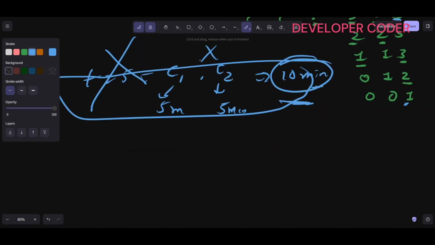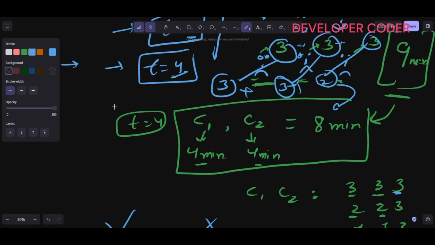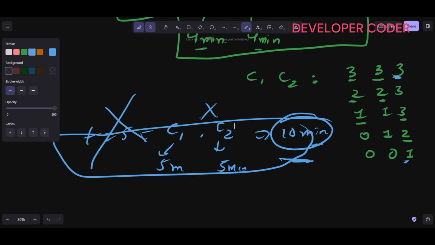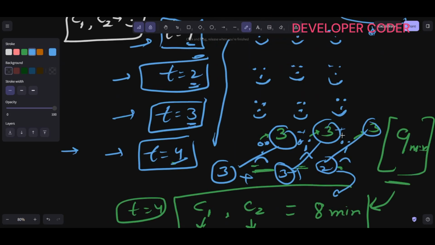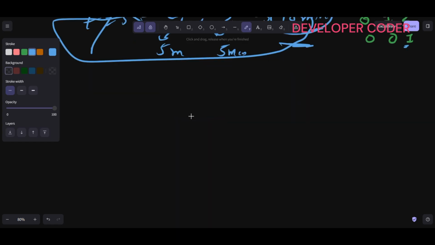10 minutes is crossing the overall sum, so this is not possible. So until t is equal to 4 only I need to check, right? So only until here I need to check, right? Okay, so now what I can do is search based on this answer only, maybe 1